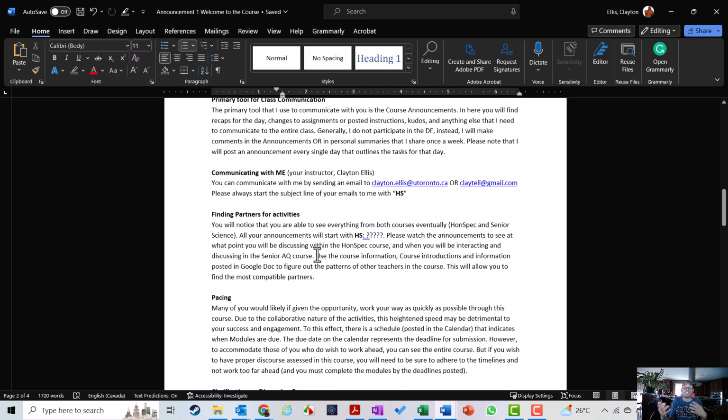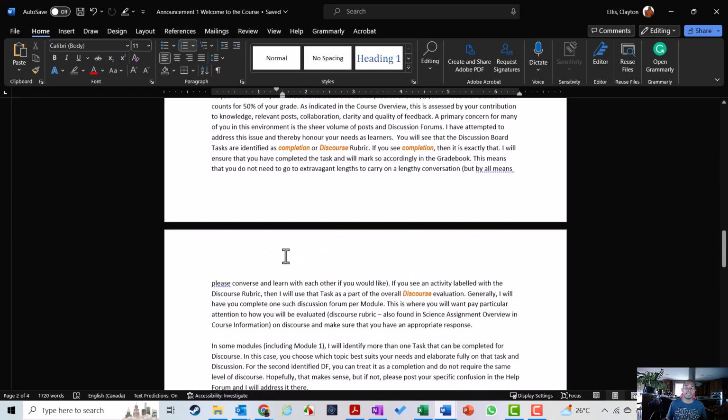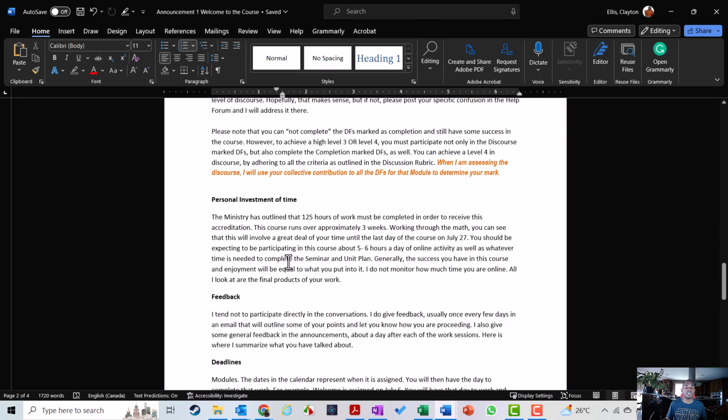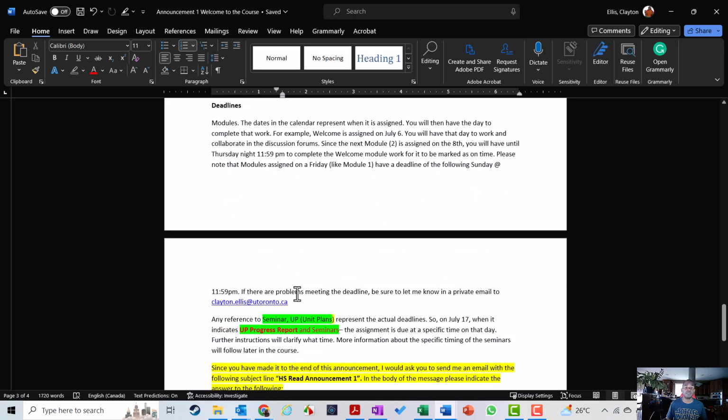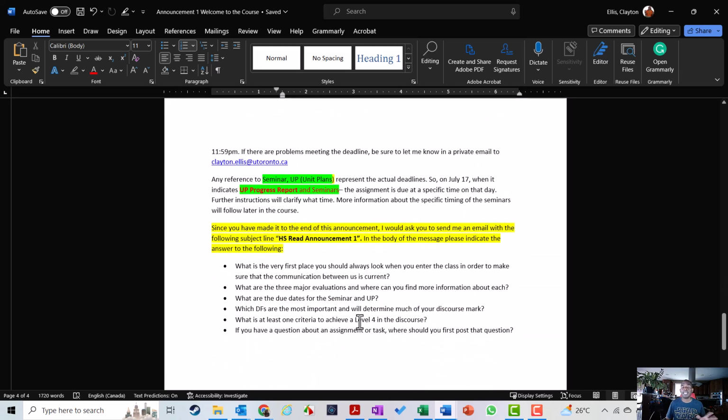And if something happens and you're not able to get into the course to be able to access, then you can just type in that address, or you can use gmail.com in case there's a little glitch. That's my other personal address. And so yeah, just read through this entire announcement. And when you've gone through this entire announcement, then you'll notice that I've asked you to answer these questions and send that to me as a message, as an email, so that I know you've made it to the end. Because most of the questions I get at the beginning of the course are actually answered on here.